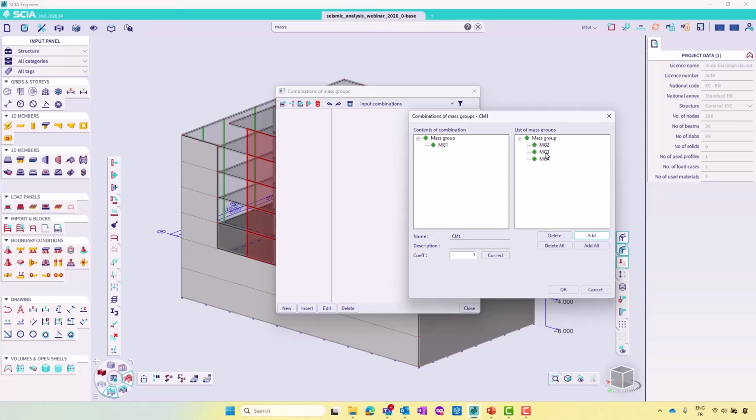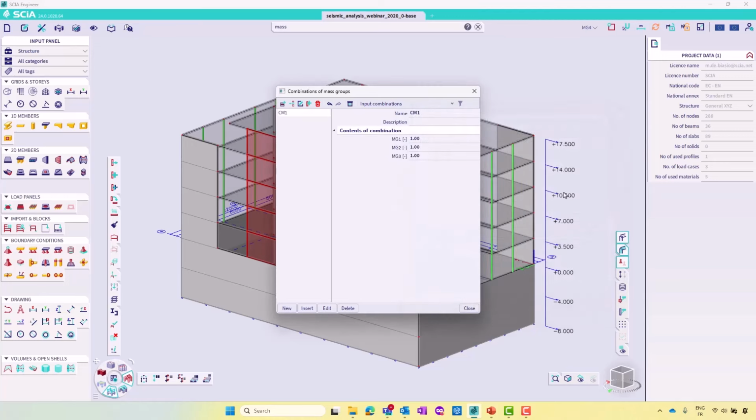In this case, I will select the 1, the 2, and the 3, the one meaningful that I entered, and I will do OK. Of course, there is possibility to act through a coefficient on the masses on each group in order to quickly scale the value of that mass. For instance, Eurocode suggests to modify the masses associated to variable load cases with a factor that depends on several parameters. I can do here, for instance, I put 0.3 for the masses associated to my variable load cases, but be careful, check before in the table of Eurocode to be sure which value you have to use in your